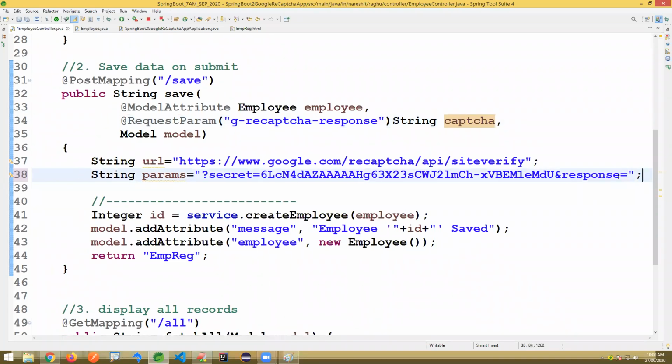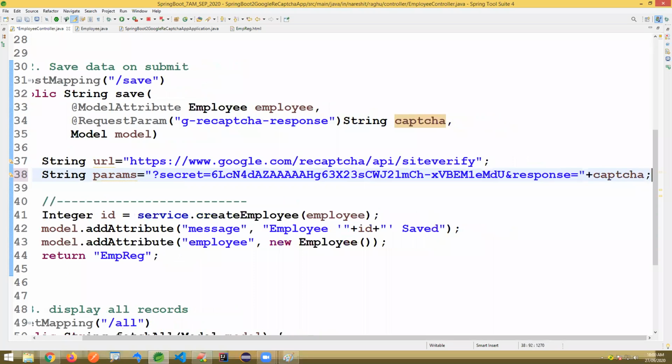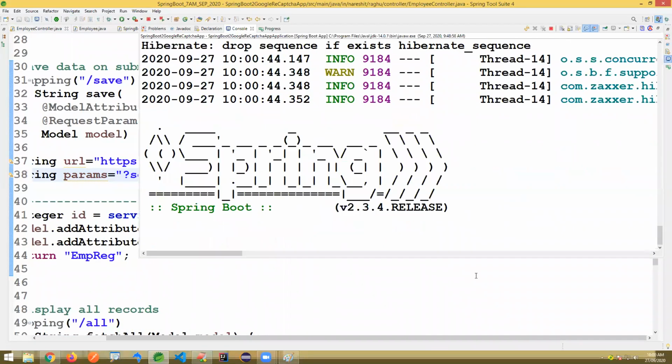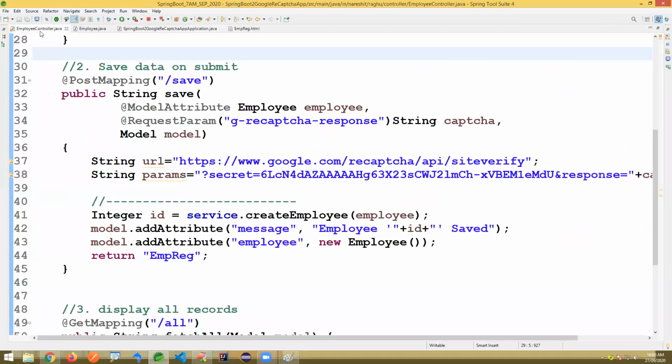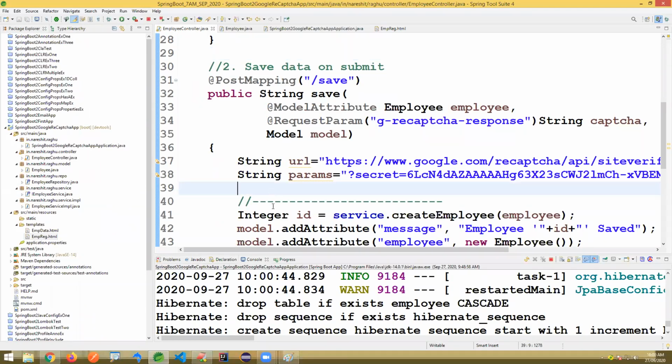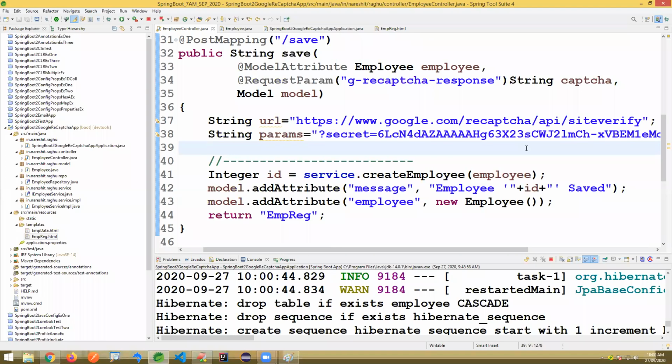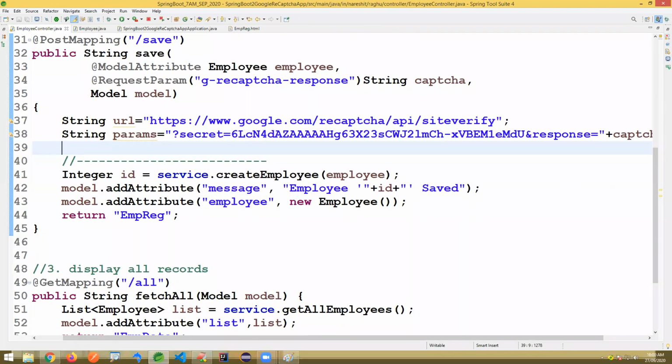I'm just removing the value, writing plus equals to. Look at here, it's the second one, and response is equals to. This is done.